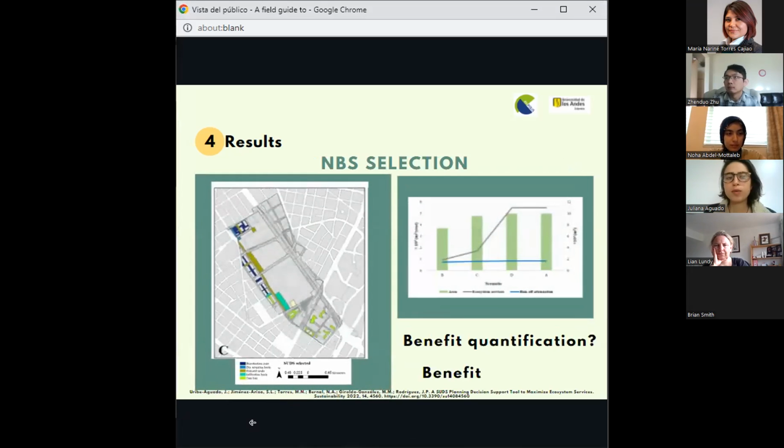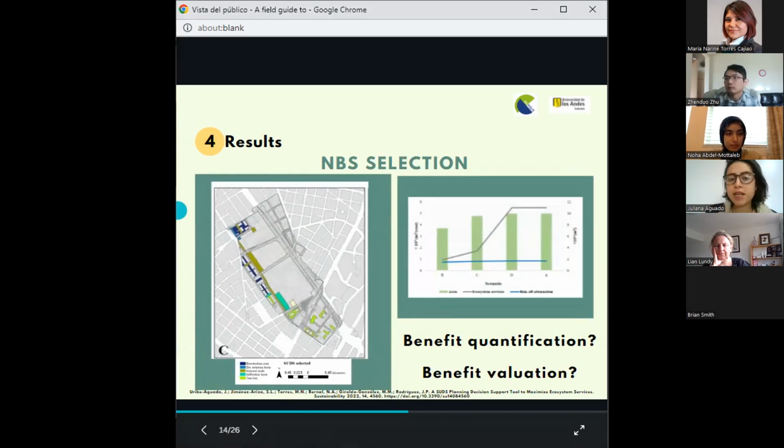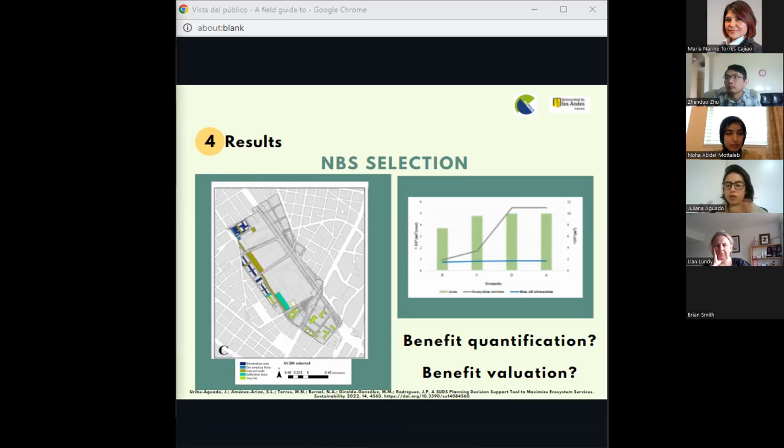So the implementation of the NBS methodology for the selection and optimization of NBSs for stormwater management helps to identify the bioretention zones, tree boxes, dry extended retention basins, grass swales, and infiltration basins as the best options in the case study, showing a significant improvement in the benefits generation and the runoff attenuation.